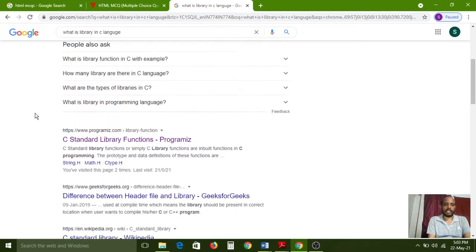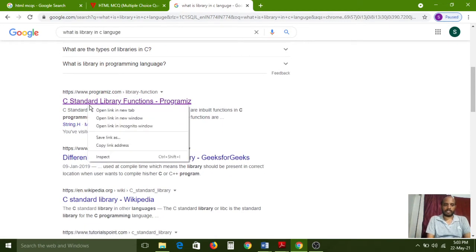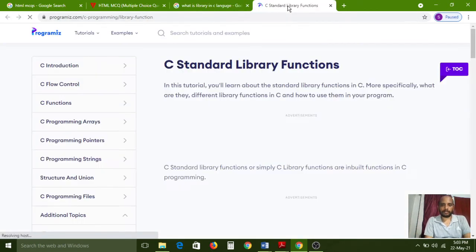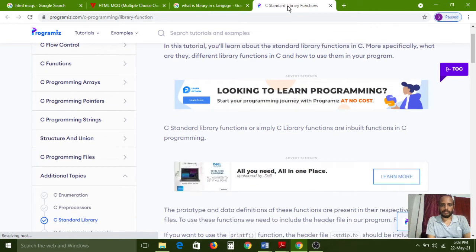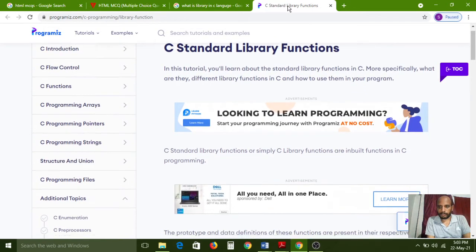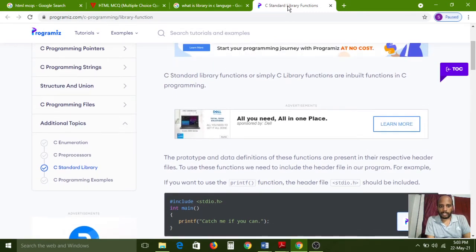Now the next definition: C standard library functions, or simply C library functions, are inbuilt functions in the C programming language. Inbuilt functions means that along with C software, some predefined functionality libraries are already available. Just simply you can understand.